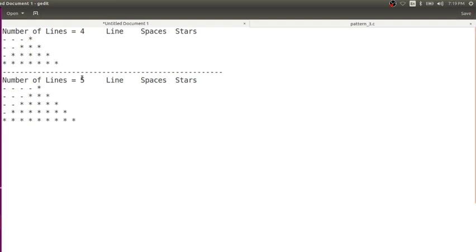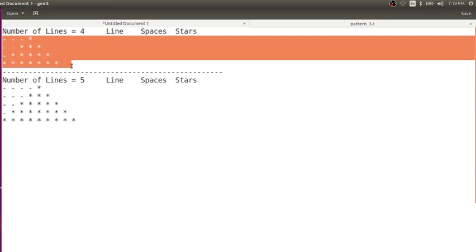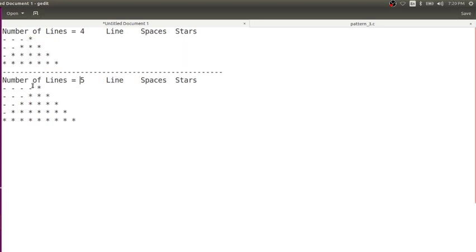Hello everyone. In this session, we are going to learn how to print the star pattern. The input for this program will be the number of lines, and the output will be this particular pattern, right? If the input is 4, this should be the output, and if the input is 5, this should be the